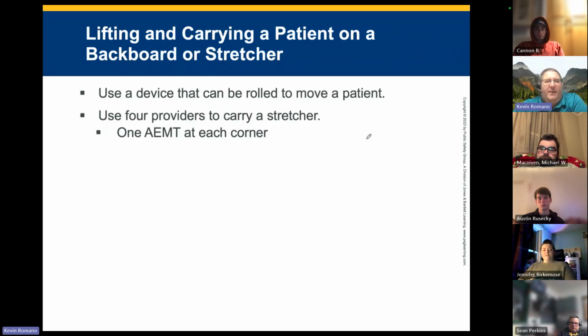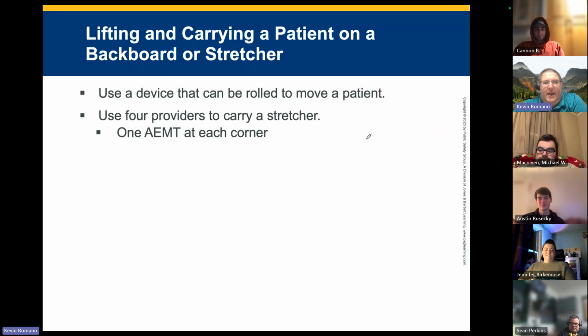Use a device that can be rolled to move a patient. So use 4 providers to carry a stretcher. One advanced EMT in each corner. I love how they changed that to advanced EMT. You can't have EMTs holding it anymore. But